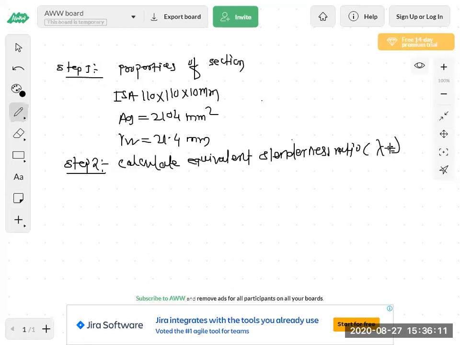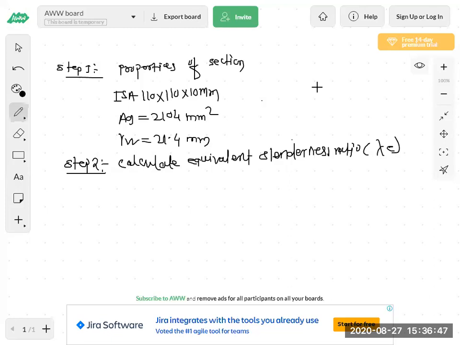Actually, roll number 56, division A, is asking me if I can mention the page number from which we get RVV and AG. Which steel table are you using? Whatever I have sent, that means Birla. So exactly I don't know on which page RVV and AG are there. Can anyone tell me on which page this section is available?